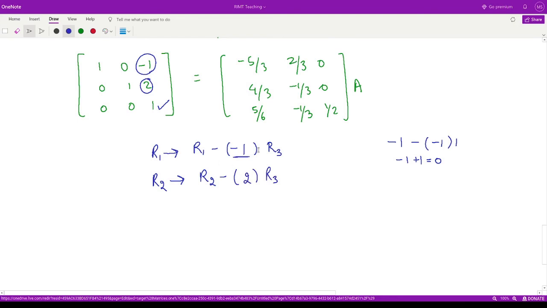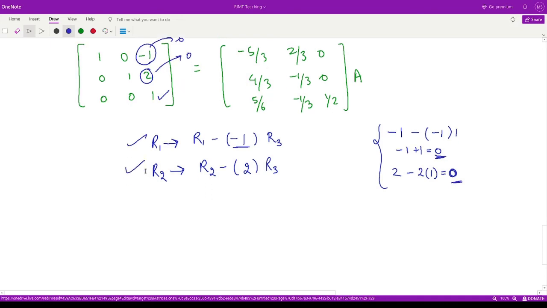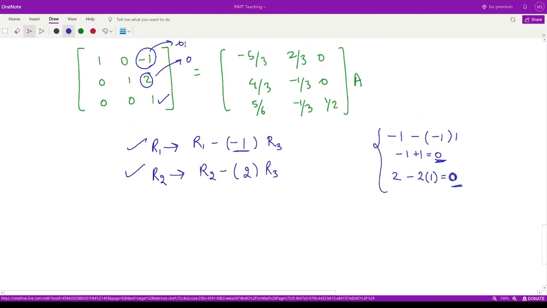It should be 2 here in this case, because for R2 we have 2 minus 2 times of 1. So if you solve and do this, you will get a 0. And our task and aim was to make these two elements as 0 only, right? So these two operations are defined in order to make both of them as 0. So when we perform this operation here, let's see what we have.